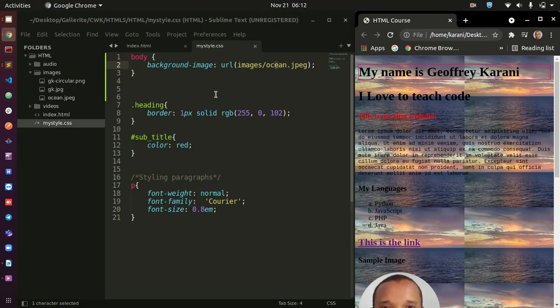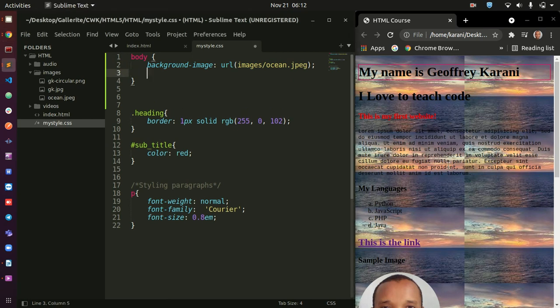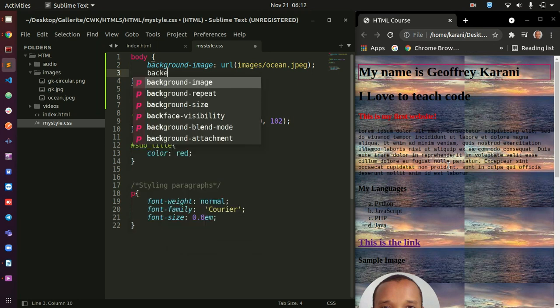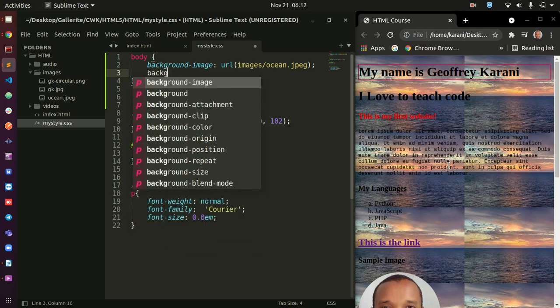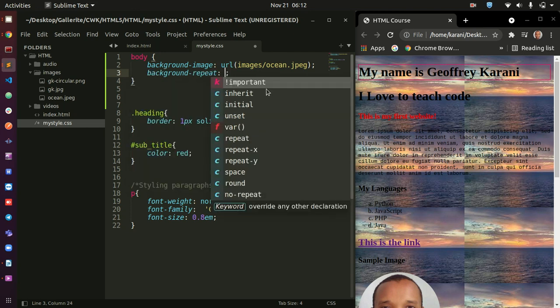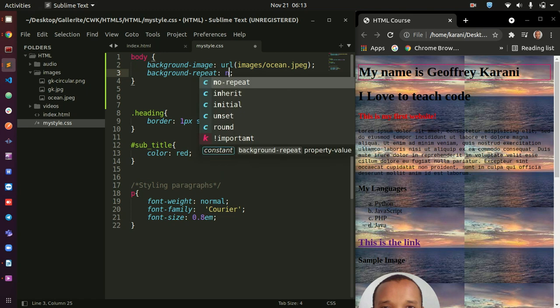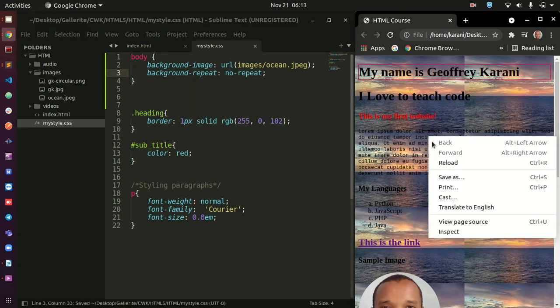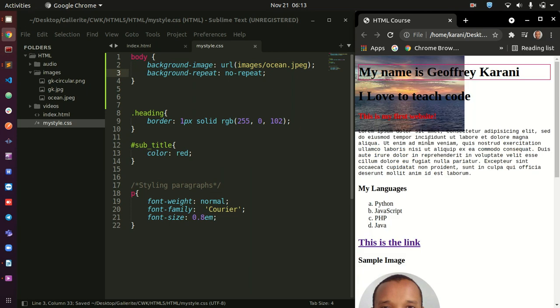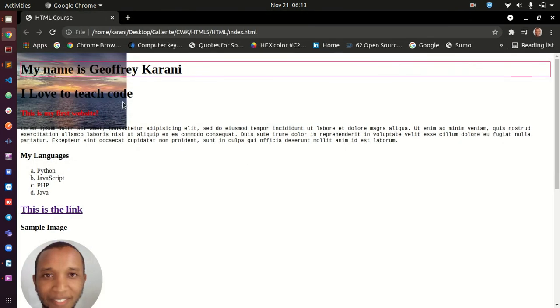All right, so how you are going to do this, you're going to use a property that we call background repeat, because you can see that the background has repeated all over the place. So how about we do background repeat, and we say no repeat. And by the way, when you do background repeat, you can see how many options you have here. So I'm going to go no repeat, save that and refresh, and you can see now we have only one image, but it is fixed to the farthest right corner.